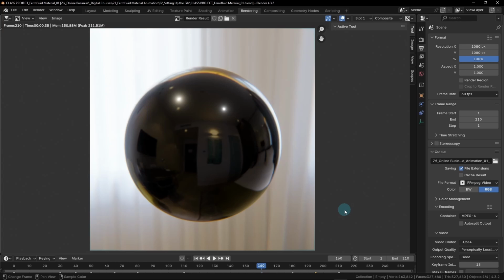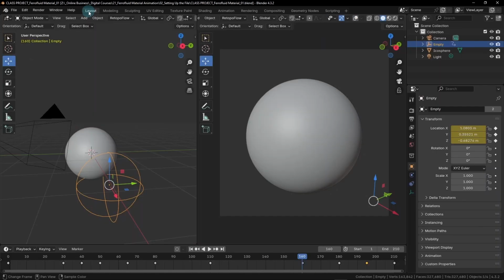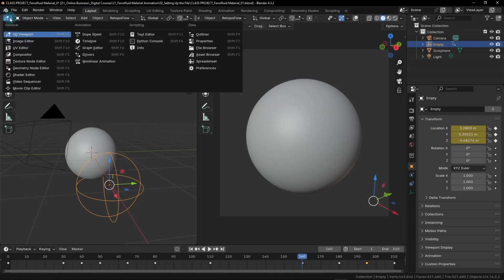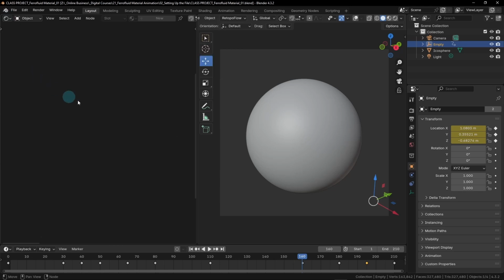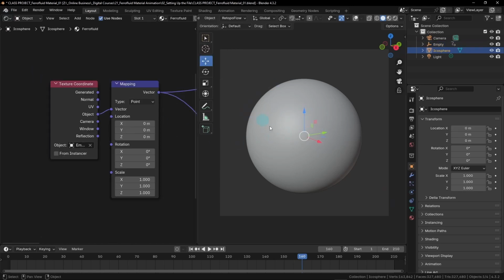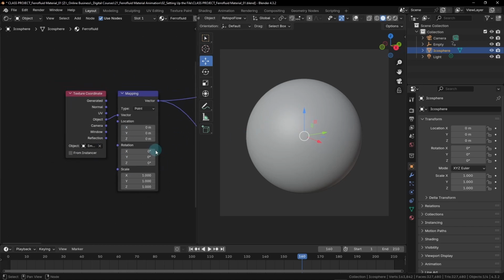The easiest change is simply changing the color of the Ferrofluid. Let's head back over here to the layout workspace where we were working before. Now we're going to switch this left viewport back to the shader editor. So we can do that by using this dropdown and then choosing shader editor. In our right viewport, we're going to select the orb here in the center so that we can see the material. We're going to zoom out a bit